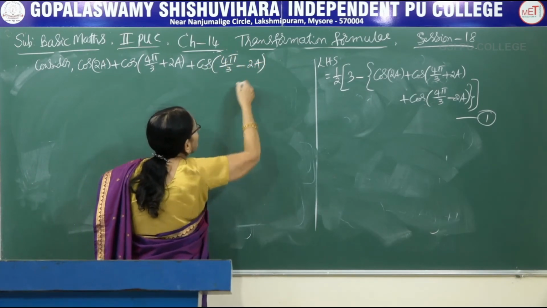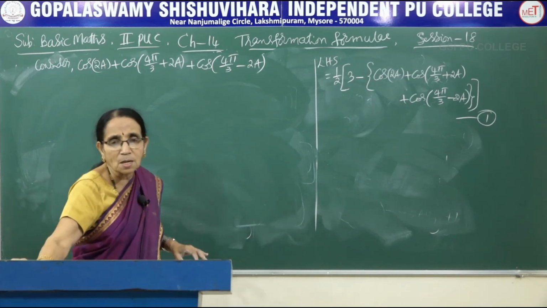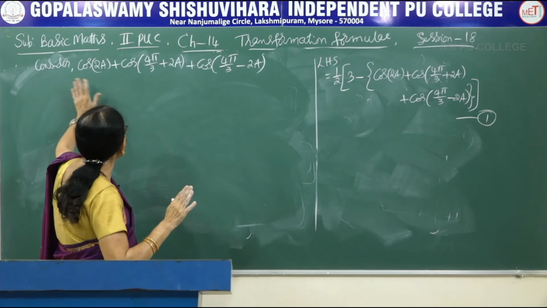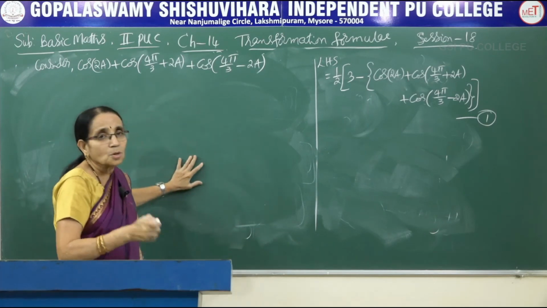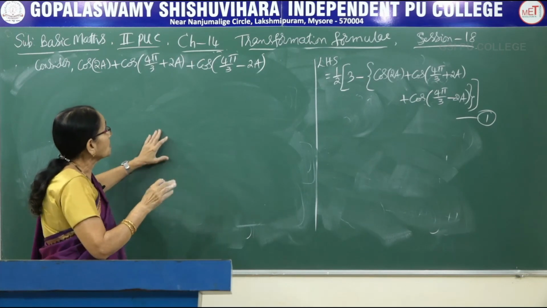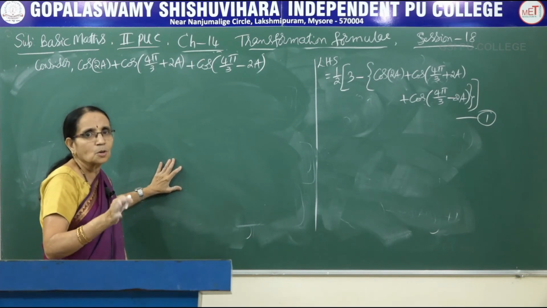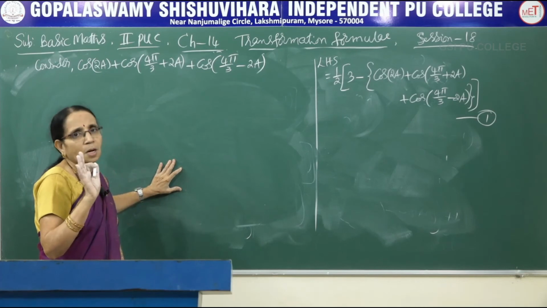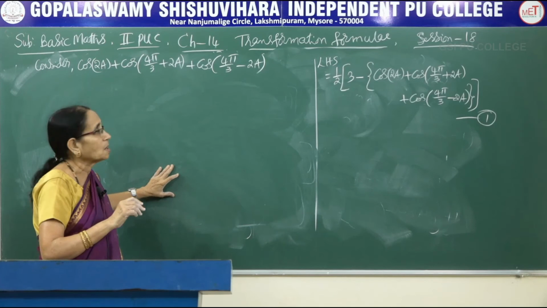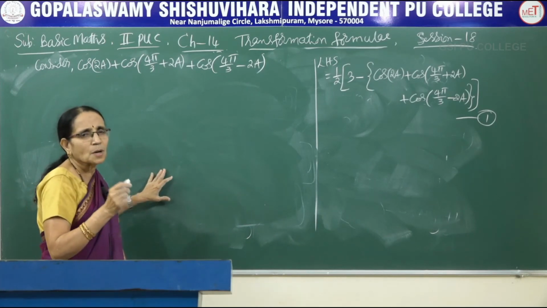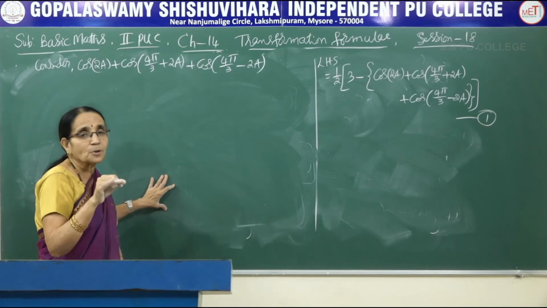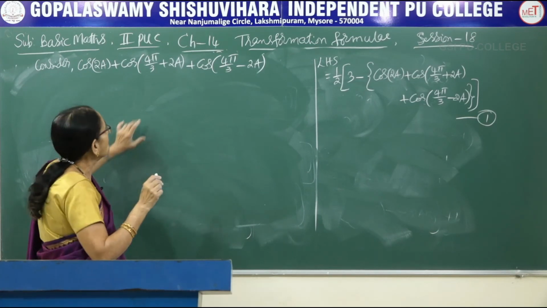See how many terms are there? Here 3 terms. Cos, it is some angle plus some angle cos. So you have to apply cos of C plus cos of D formula. Now when 3 terms are there, I am telling you repeatedly, you have to take 2 at a time. All the 3 cannot be taken simultaneously. Any 2 of your choice you can take. But by looking at the terms, we have to take a decision such that will help us to solve the problem rather easily.